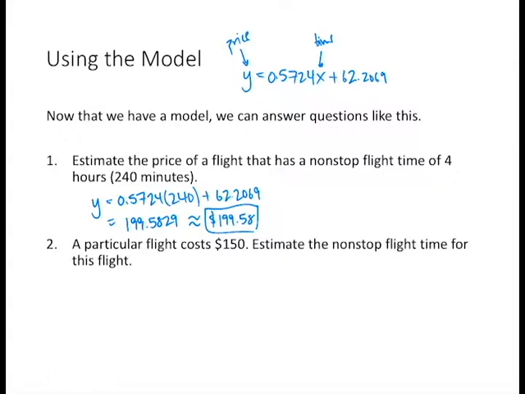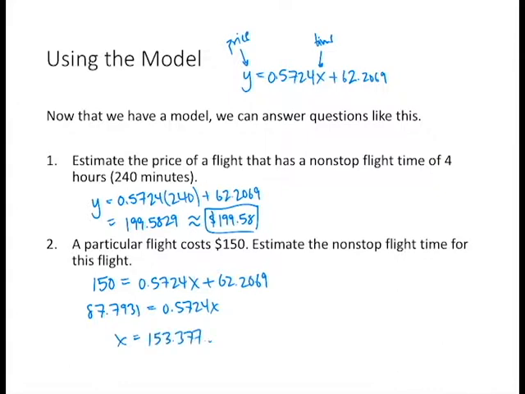And now for question two, same idea. Now we're being told that a particular flight costs $150, and we want to estimate the time. So that means that y is equal to 150, and we need to solve for x. 150 equals 0.5724x plus 62.2069. So subtract 62.2069 from both sides. That gives us 87.7931 equals 0.5724x. Divide both sides by 0.5724, and that gives us